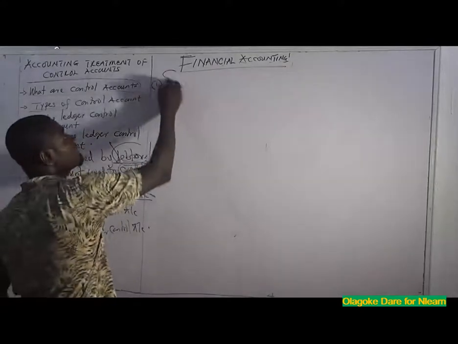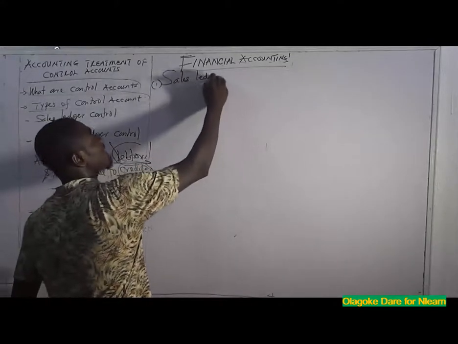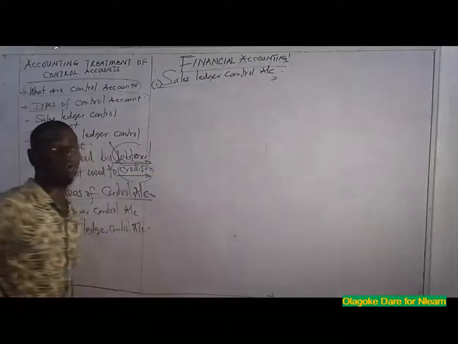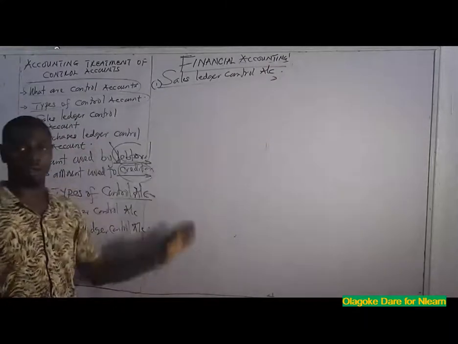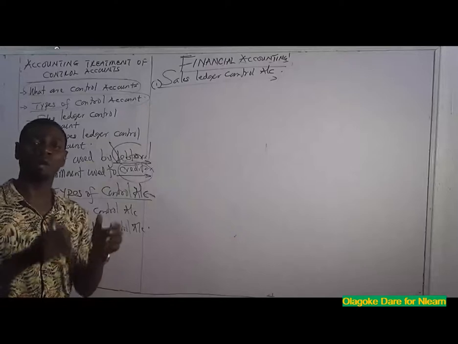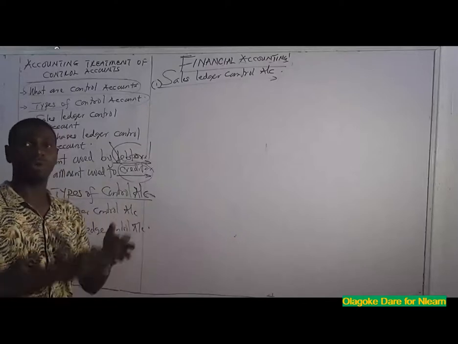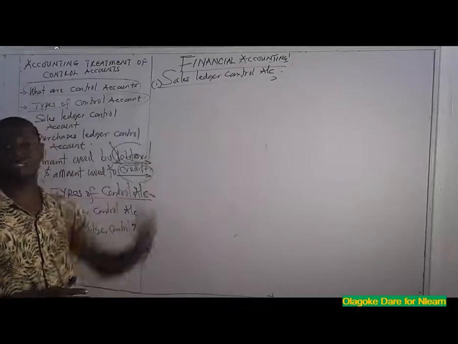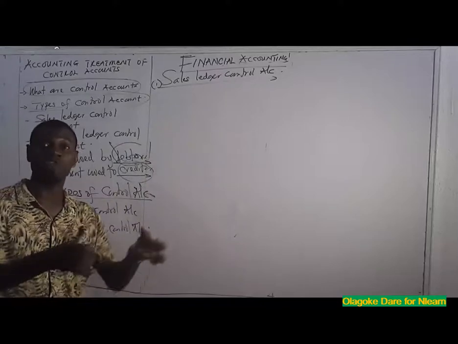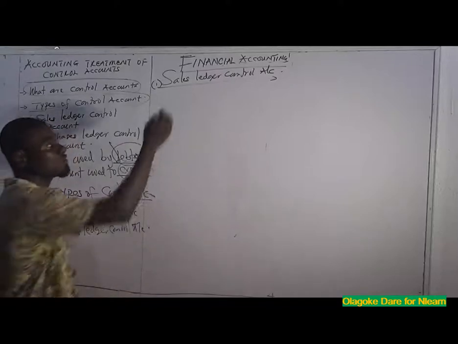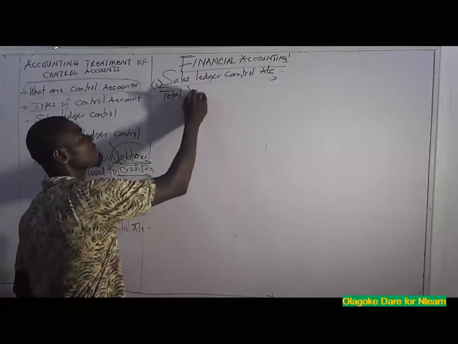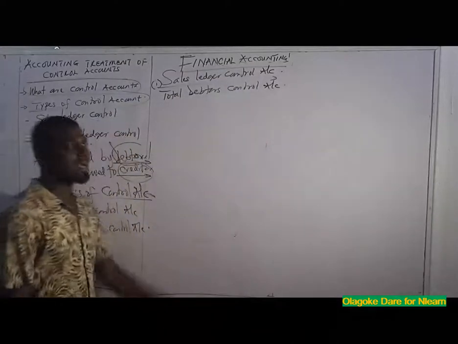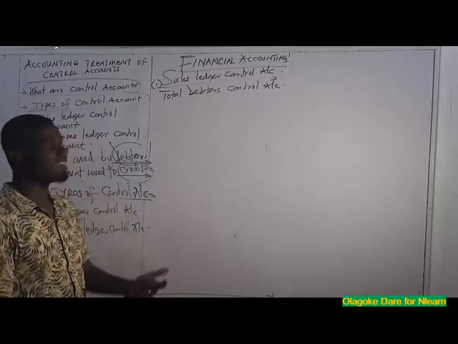Number one is the sales ledger control account. Sales ledger control account is a type of control account that is prepared to determine the amount owed by debtors or customers or buyers of a business organization. So the balance in this account will show us the amount owed by debtors. So it can also be called total debtors